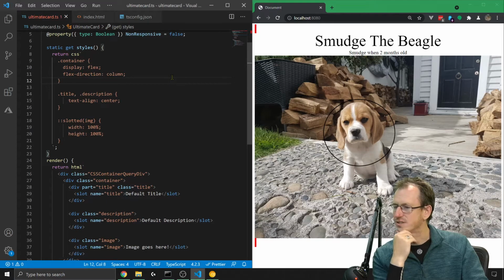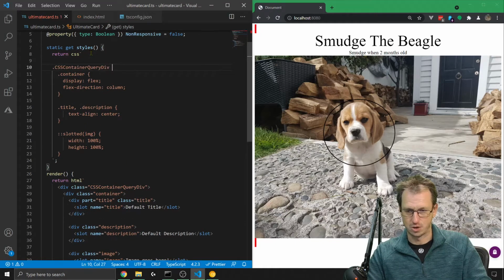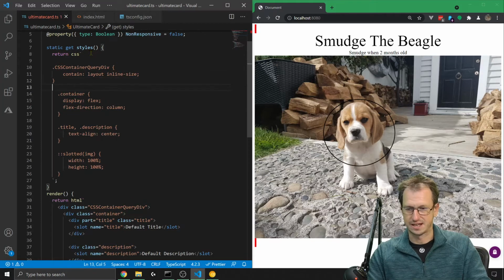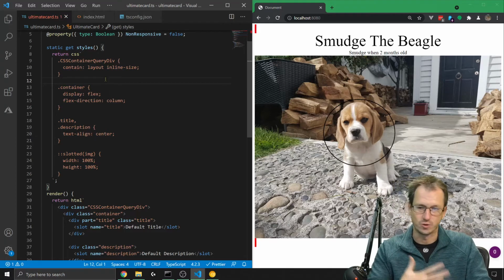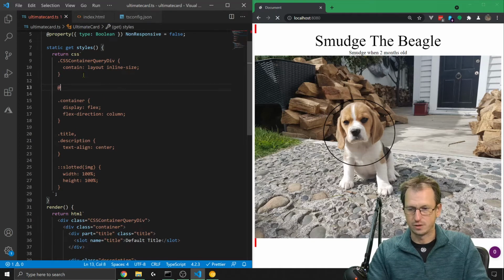So let's have a look at adding CSS container queries to it then. That's why I've got this guy here, and I should be able to say contain layout and then inline size. This is the syntax for defining which container we want our CSS container query to look at to get the size. So this guy here, and then you can use at